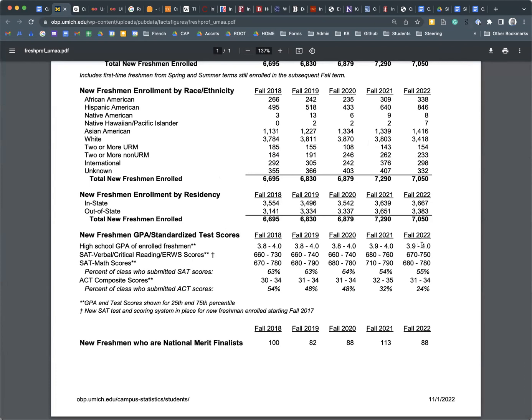You can see the GPA average of students that have been admitted and enrolled at the University of Michigan is unweighted 3.9 to 4.0. Exam scores for the ACT are between 31 and 34. And the SAT scores are 670 verbal, 680 math on the low range. So this also gives you a sense, and we'll be checking this out with you throughout the next 6 months, is this college a reach? Is it a match? How do I need to count this on my list?